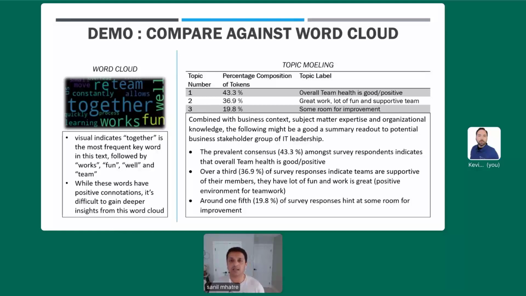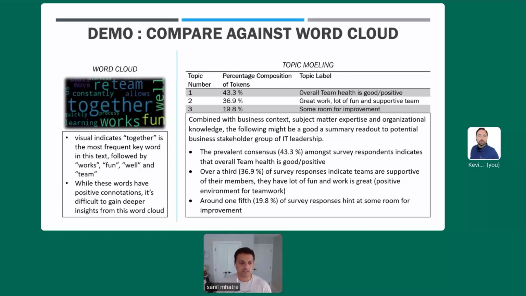We might be able to get clarity on that if we perform topic modeling at the team level. I'm not really going to do that here for the purpose of the demo, but this is what I do in real life at my organization as well. Once we have this executive summary for all IT teams, we then break it down into topic modeling for each and every team. And that sometimes gives us interesting insights about what is it that people are complaining about, what is it that people might be unhappy about, what are some of their suggestions for improvements.